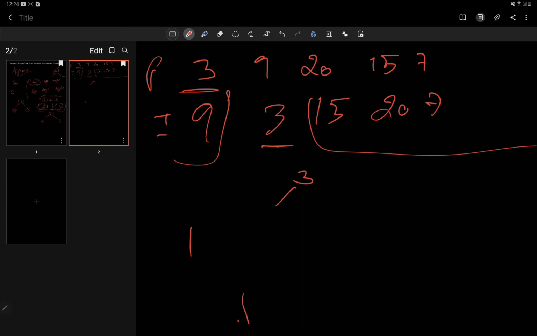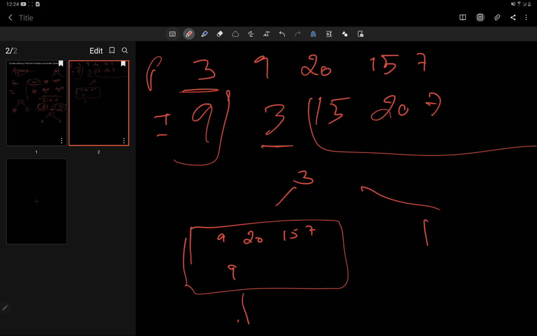Alright, what we have for the left tree is the pre-order traversal is 9, 20, 15 and 7, and the in order traversal is only 9. And what we have for the right tree, here we don't know what the values will traverse first, so we don't have a pre-order for it. The in order remains the 15, 20 and 7. The pre-order will be calculated after we traverse this.